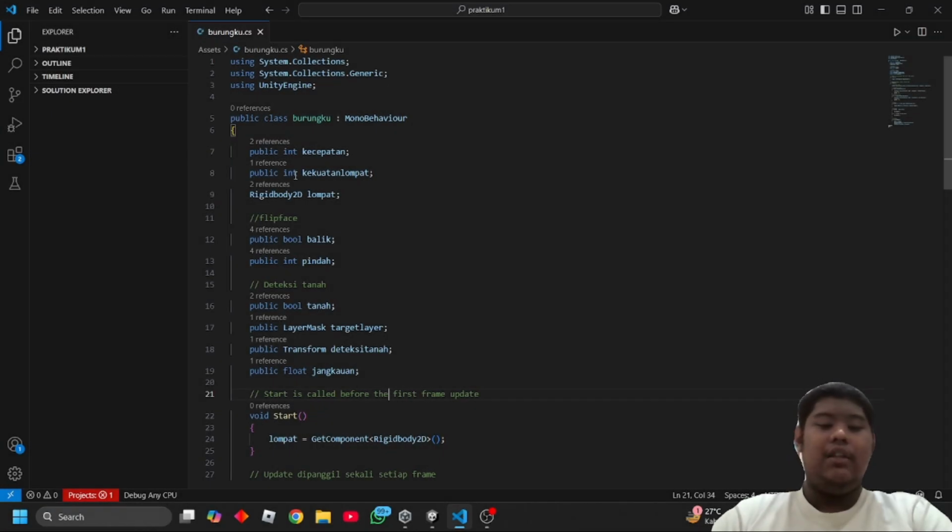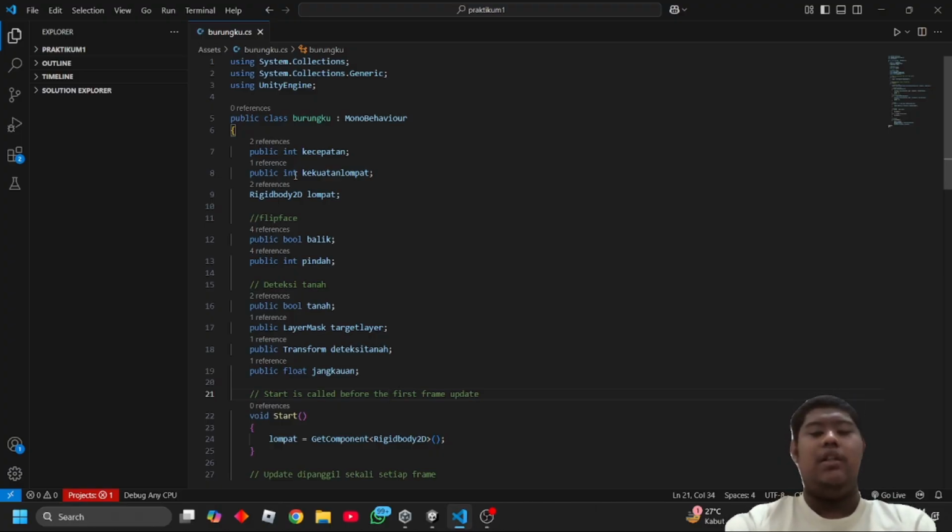Lines 12 to 13, these variables help control the character's facing direction: balik tracks whether it is facing left or right, and pindah records the direction of movement. Lines 16 to 19, next are variables used to check whether the character is on the ground. A sensor below the character checks for contact with the ground layer using a small detection radius.